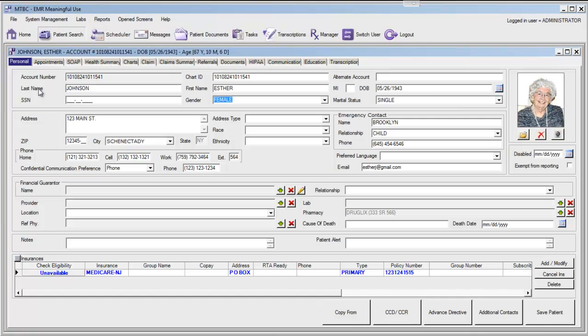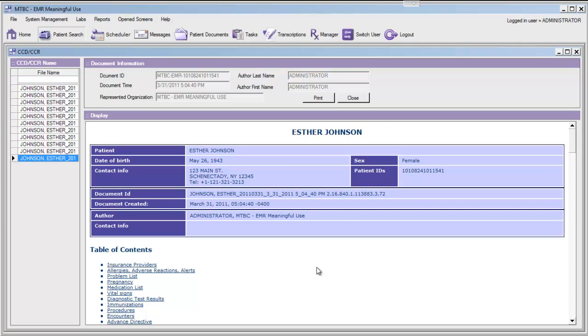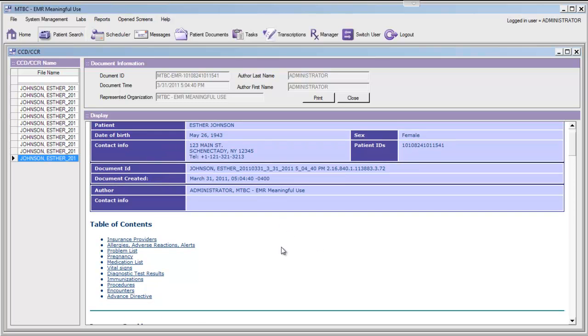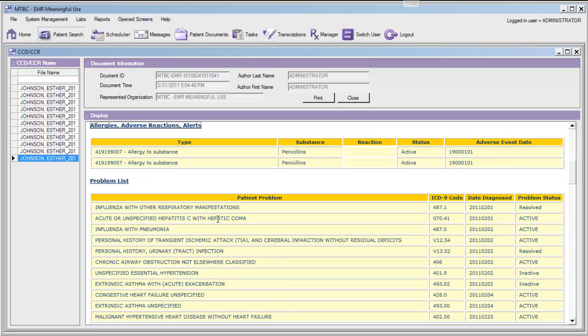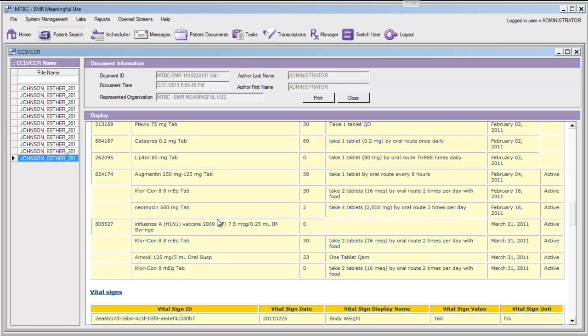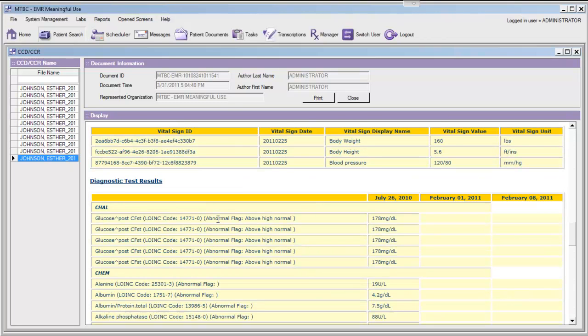Now, as we saw earlier, in the MTBC EMR, we have the ability to generate continuity of care documents. Those continuity of care documents are specific to a patient, and they include such things as lab results, medications, allergies, and the like. Let's go ahead and click on this CCD button from the patient demographic screen. Here we have a continuity of care document for this patient. It includes her insurance providers, allergies, problem lists, medication list, vital signs, diagnostic test results,